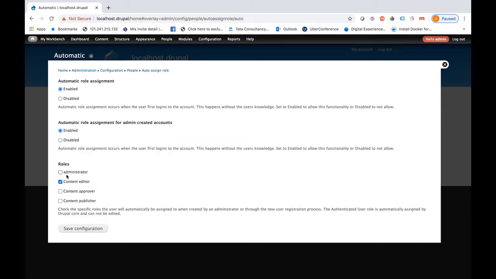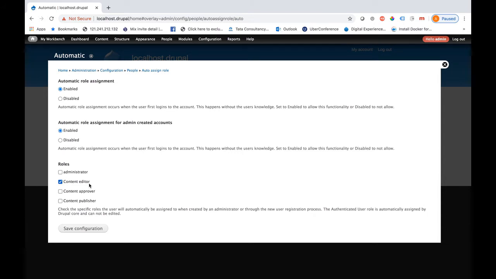and these are the roles. It is written here that whenever any user registers into the system, by default these roles will be assigned to that user. So if you select multiple roles, the user will be assigned multiple roles, and if you want your user to be assigned the default role, which is content editor, here it will be assigned to him.